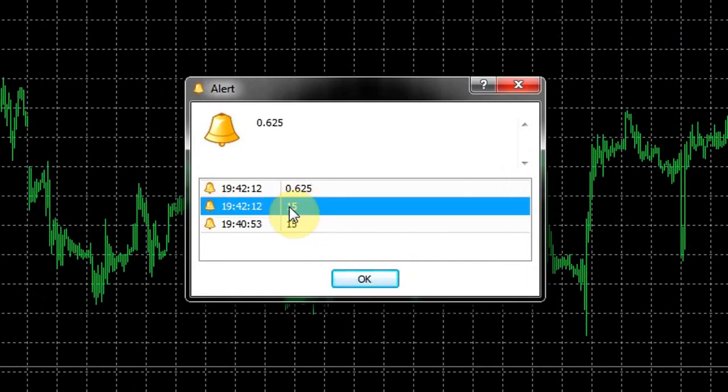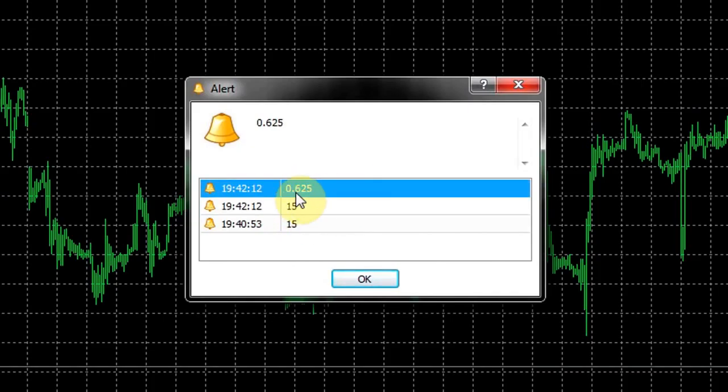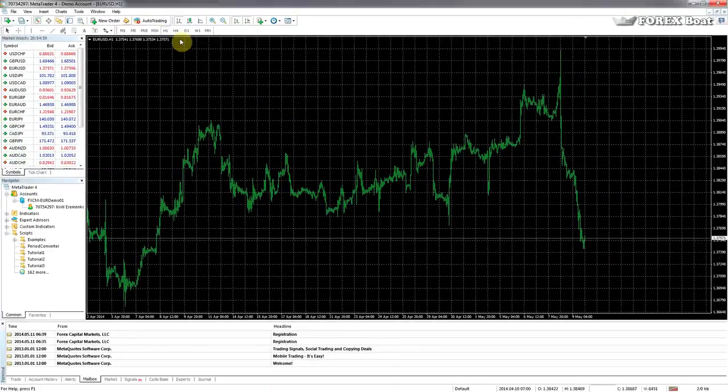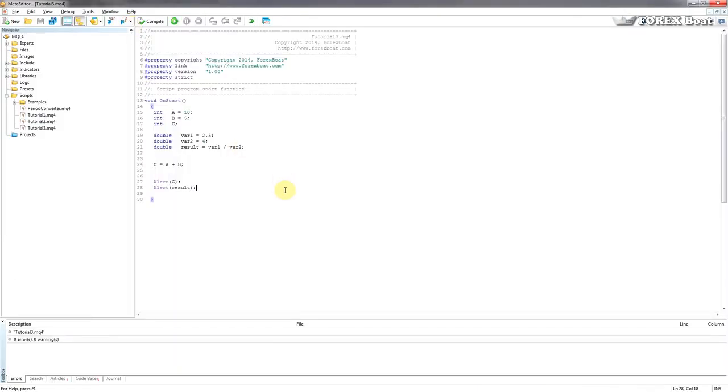There we go. So the first alert gives us 15, and the second alert gives us 0.625, which is perfect. Now we're going back to the code, and the next step that we're going to look at is